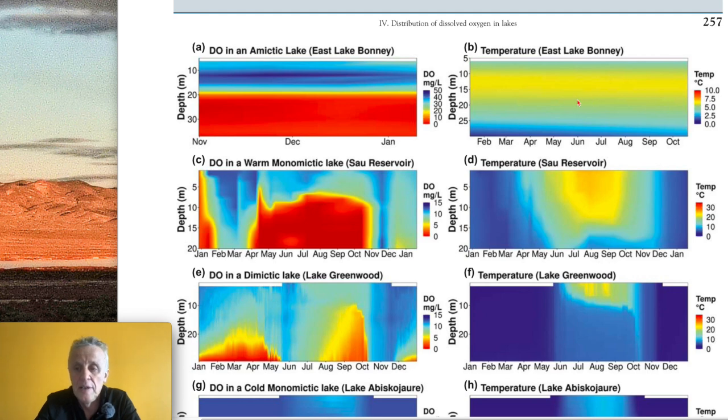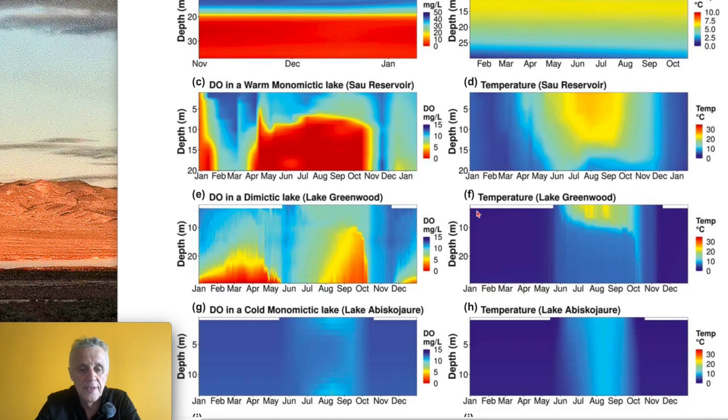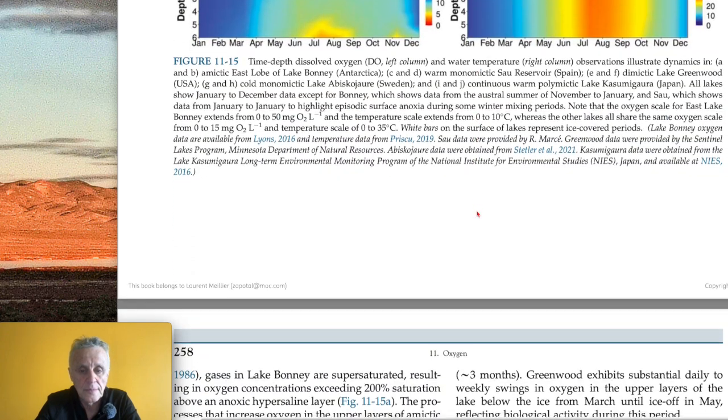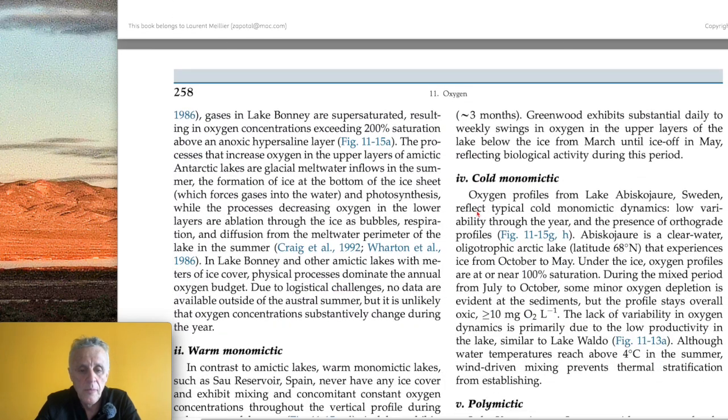And maybe here a little bit, there is a cooling effect in that area, which corresponds to the onset of the winter, which is June. June is pretty much here. June 21st would be the winter solstice in Antarctica, which is in the southern hemisphere in this case. Okay, so